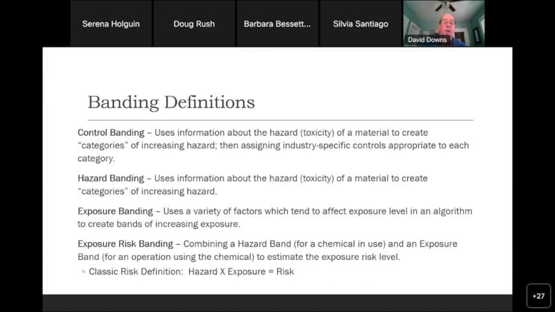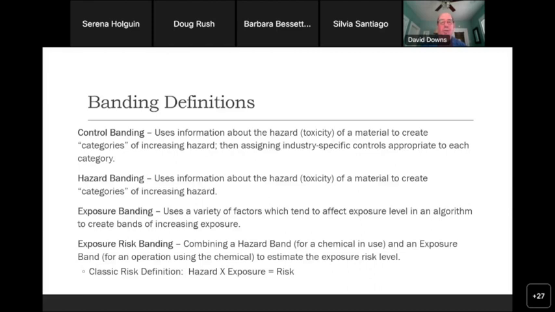So here we're not necessarily looking at the hazard of the material. We're looking at what's the potential for having an adverse exposure as a result of using this material. And so in these cases, we'll evaluate certain factors such as, for example, volatility of the material or dustiness of the material, as well as how we're using it, how much we're using, how long we use it, and try to get to an estimate of, or at least a picture of, what the exposure to this material might be.